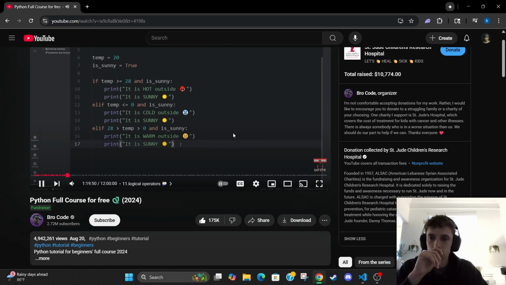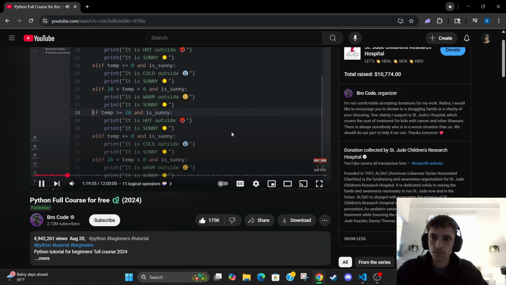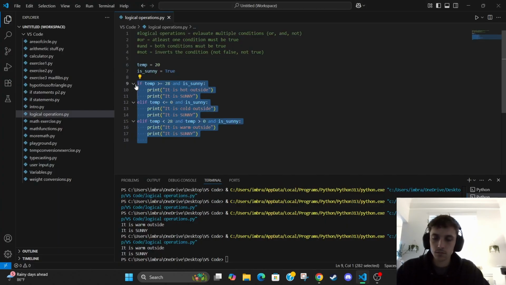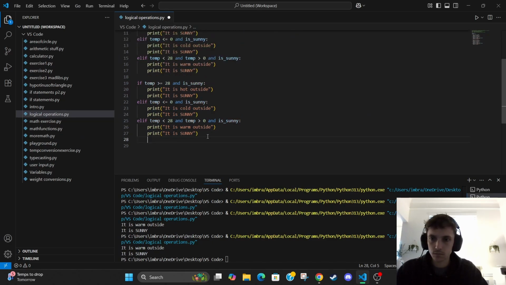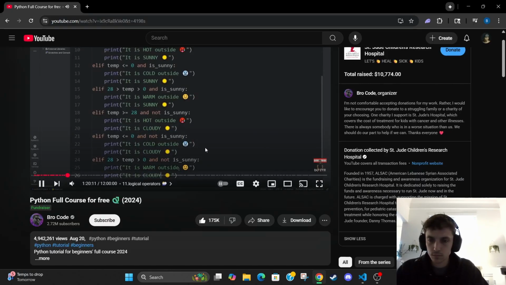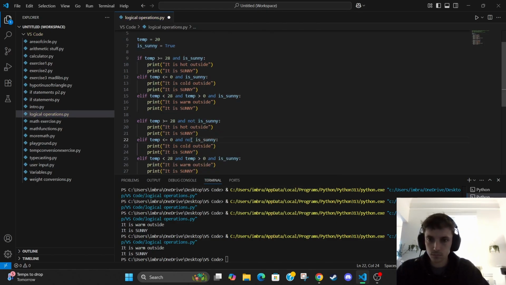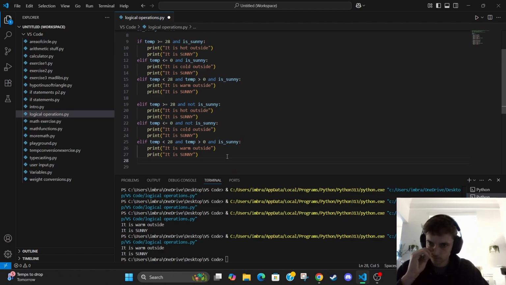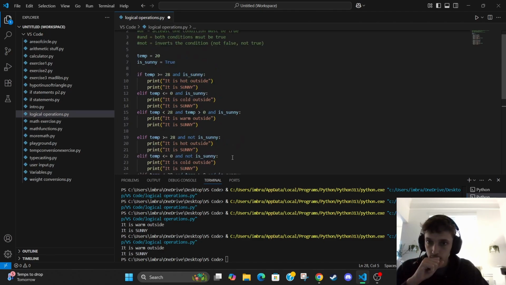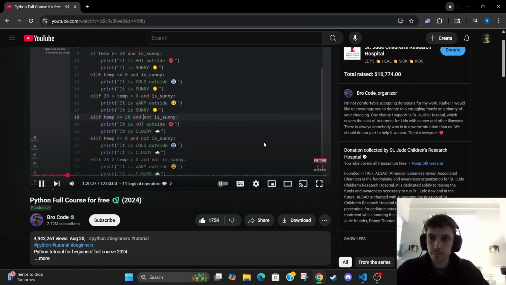So let's check to see if it's not sunny. Really, I'll just copy what we have and paste it. Else if not is sunny, then that means it's cloudy. And let's use a cloud emoji. So basically, not does the opposite of what you're looking for. We are checking if not is sunny. Is sunny is false, then this condition is